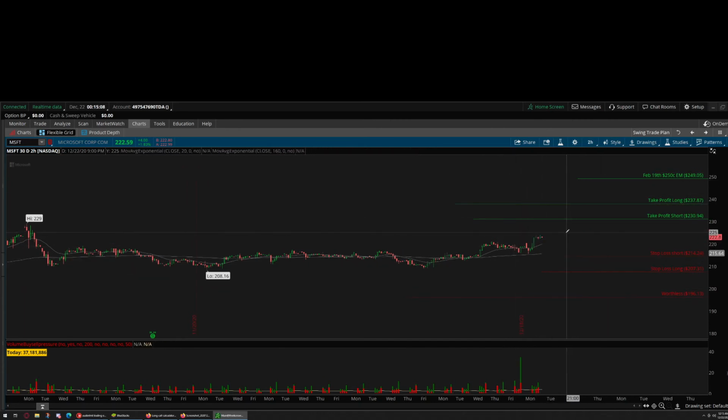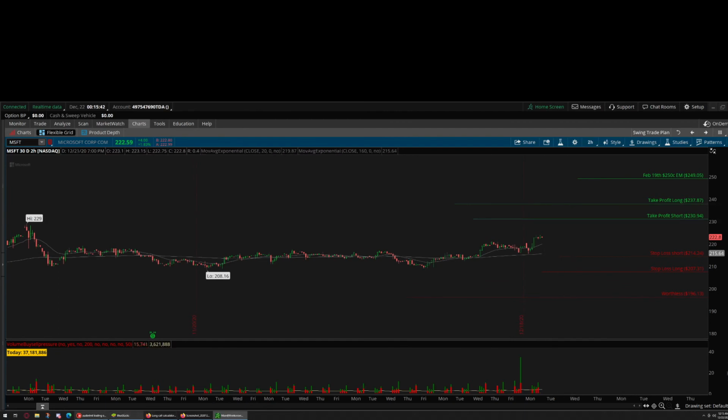If price comes up and we're really obnoxiously bullish and price hits $230.94, and then it starts to break out of it and push a little bit higher, then you could stay in this trade, and you know that your second target is 237.84 or 237.87. So you could try to ride it up and hit that price target. And if you didn't want to try to ride it to there, if it broke out at 230.94 and you didn't want to try to ride it an additional $7,